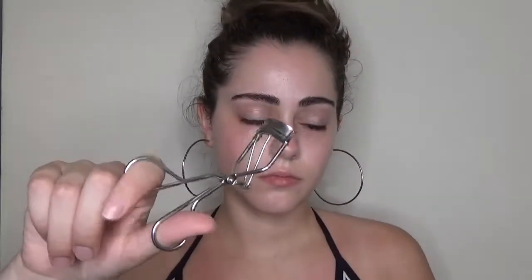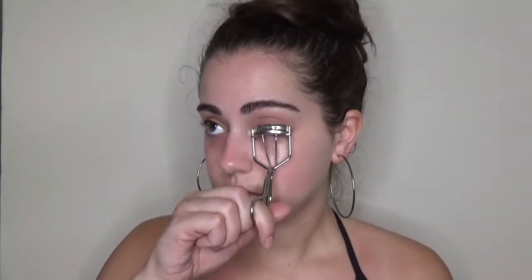Next, this seems a little weird, but I'm pushing up my brows just to fluff them up a little bit since I'm trying to use as limited an amount of makeup products as possible for you guys. I just wanted to push them up with my own fingers. And then this is an optional tool, but I am using an eyelash curler from e.l.f. to kind of curl the lashes a little bit. I just feel like it makes my lashes look a lot more feminine and makes me look a little bit more awake, kind of like lash extensions do for some people on vacation. I don't know, I'm not doing all that, but I do feel a little bit more confident curling my lashes,